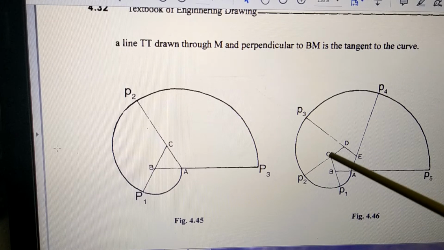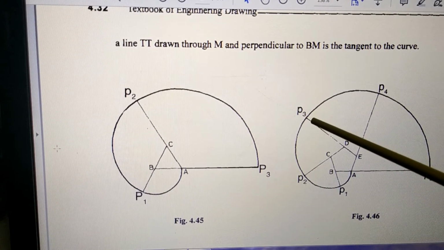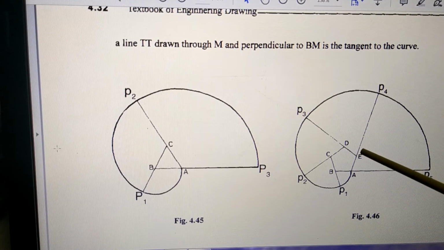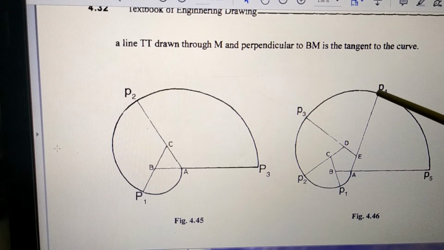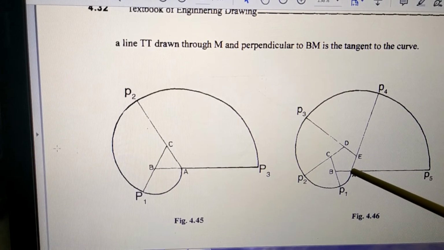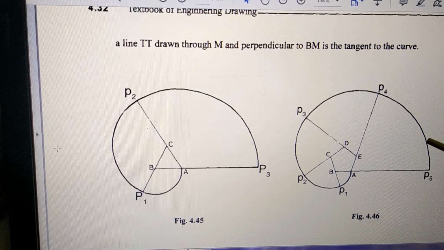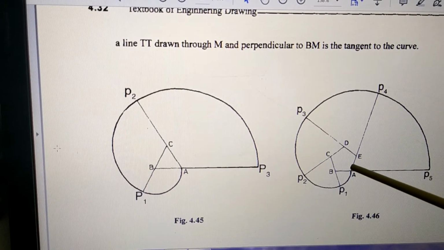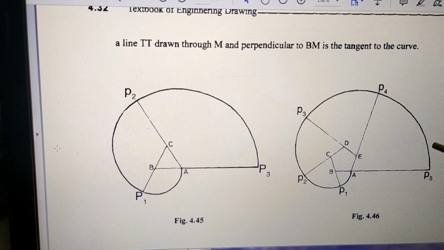D to this is the radius. Center as D, and then you draw like this. When you reach here, the center changes from D to E. So this much is the radius. E is the center. Draw this arc. When you reach here, the center changes from E to A, and now A is the center. This much is the radius. Draw an arc like this in this line, and the involute is complete. So your involute starts from this point A, then P1, P2, P3, P4, and then P5. So this shape is called the involute shape.